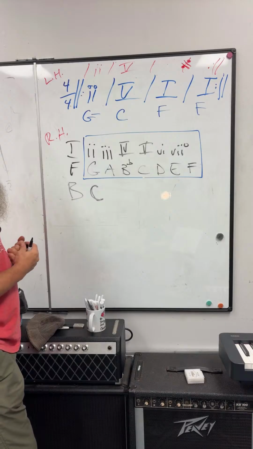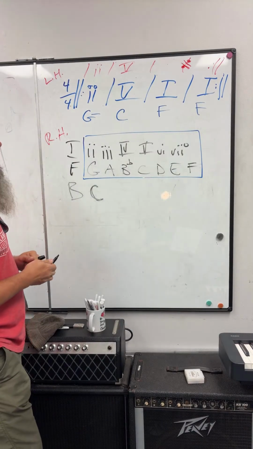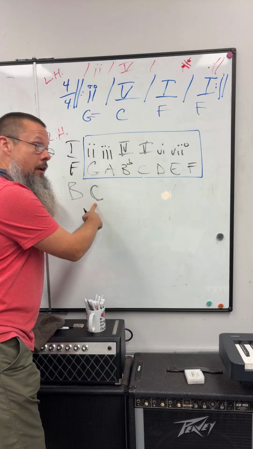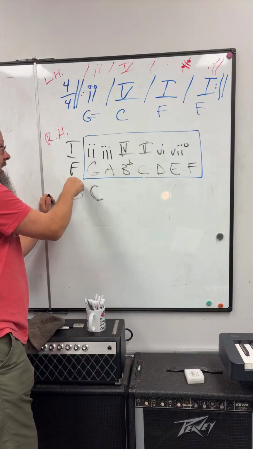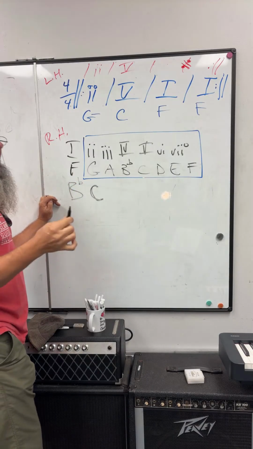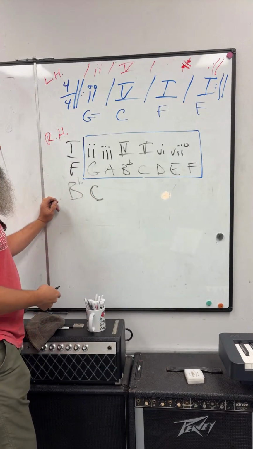How many sharps and flats is the key of B major? I think it has 5, doesn't it? 5 of them, and C sharp's one of them. So can we have this be our second? No, it has to be in the key of B flat. Wonderful. So now we realize that C minor is C Dorian in the key of B flat, and